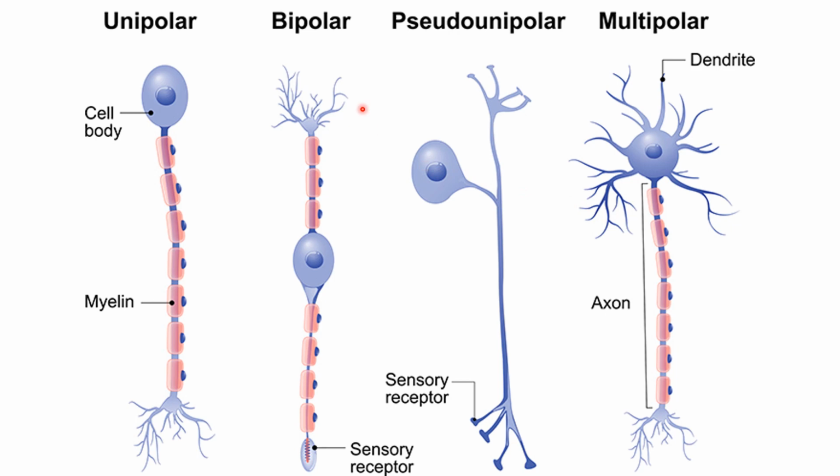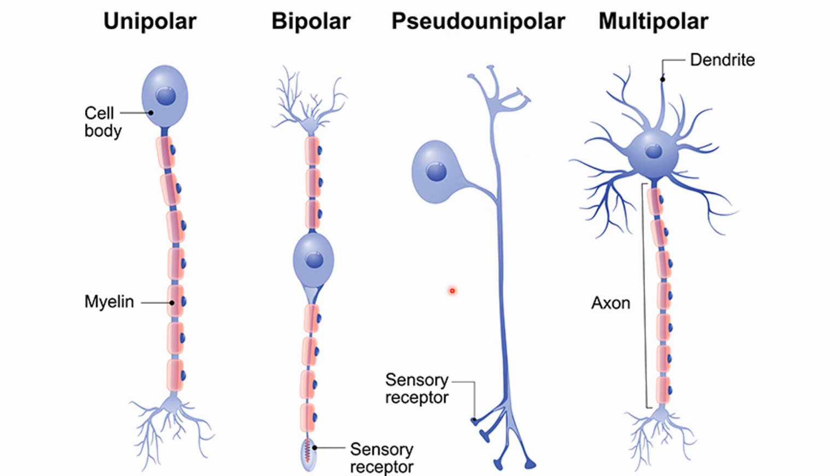Now, bipolar neurons naman have two processes, one dendrite and one axon. Bipolar neurons are located in some sensory organs such as in the retina of the eye and in the nasal cavity. Ngayon, yung ibang sensory neurons are considered pseudo-unipolar. Pseudo-unipolar neurons have a single process extending from the cell body. This process divides into two processes a short distance from the cell body. So this is a pseudo-unipolar